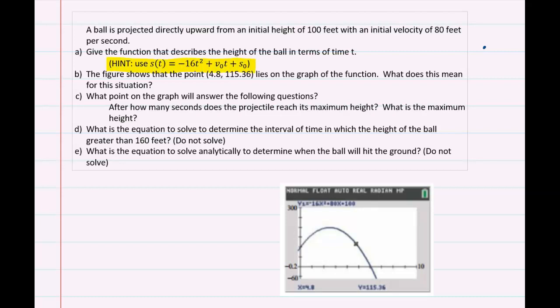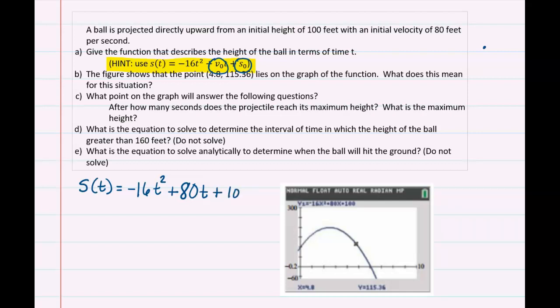So our job is to write a function s of t using the fact that we have negative 16t squared, where t is time, and our v naught, or v sub 0, here is our initial velocity of 80 feet per second,